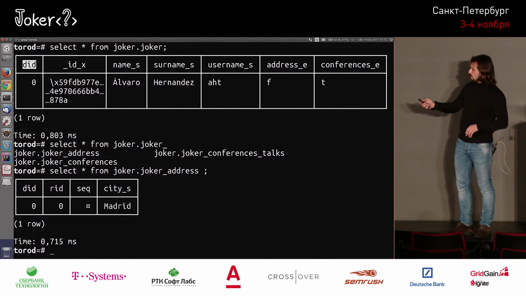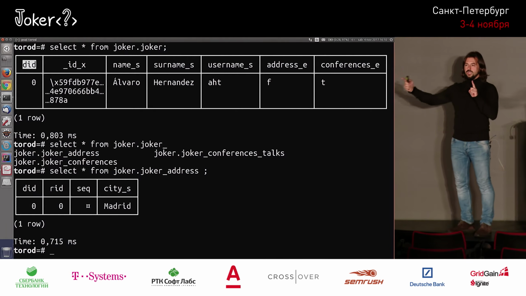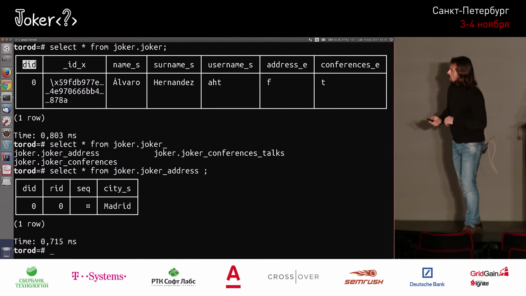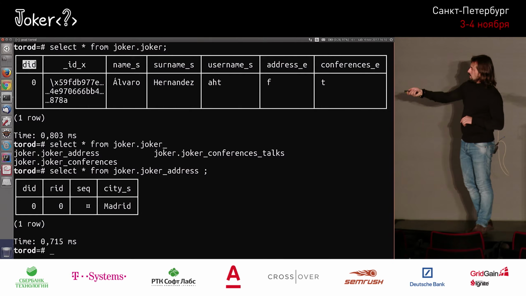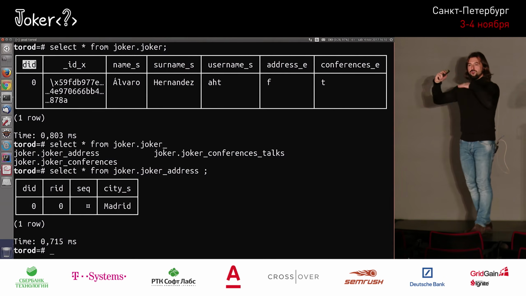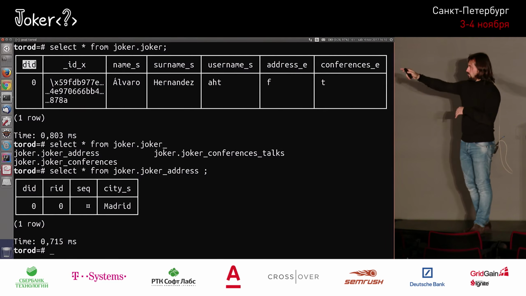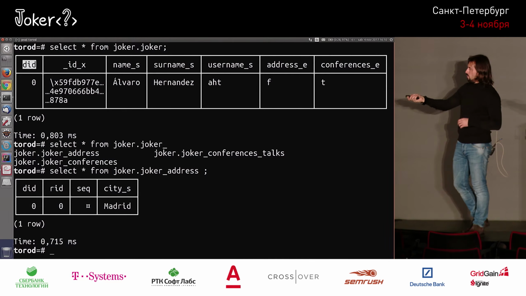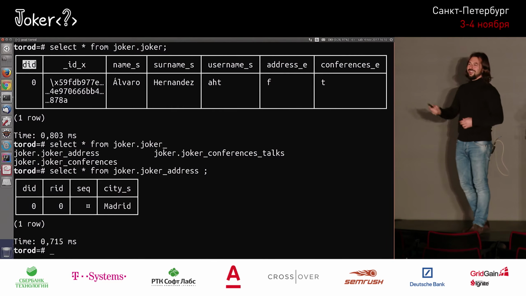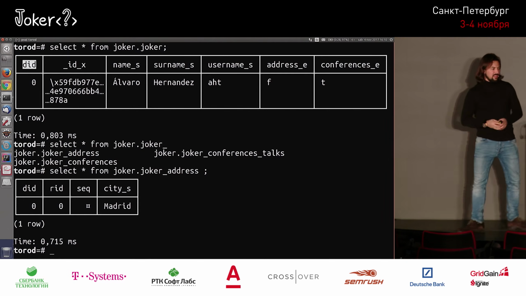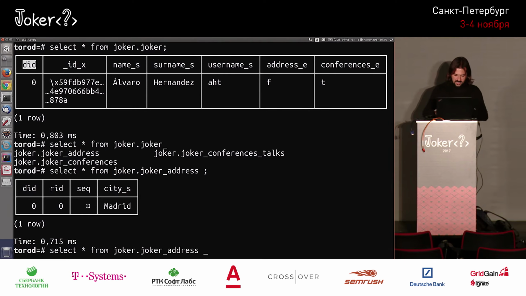Then there is the RID. The RID is the row ID, which is used when there is more than one entry. If there is a mapping that contains more than one entry, that will be used to distinguish the row. And the sec is the one that I was telling you about, which explains the position within the array. If we look at address,